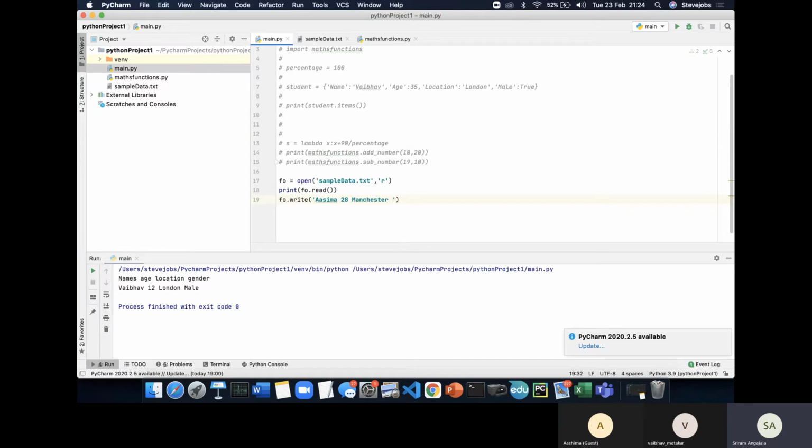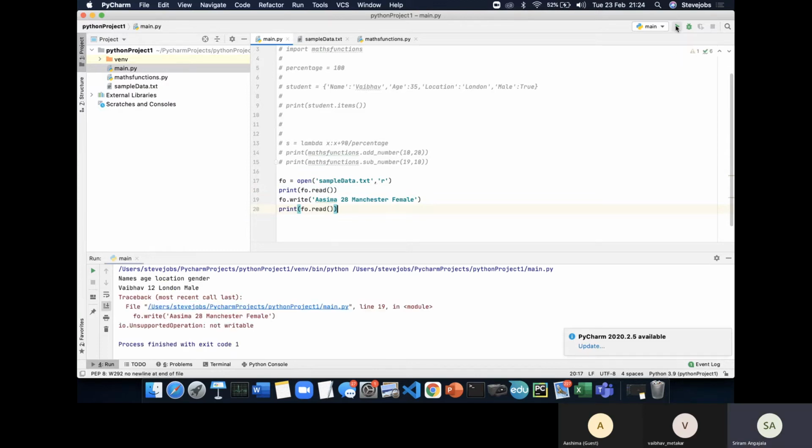Now if we read the value, what should happen? It should print the